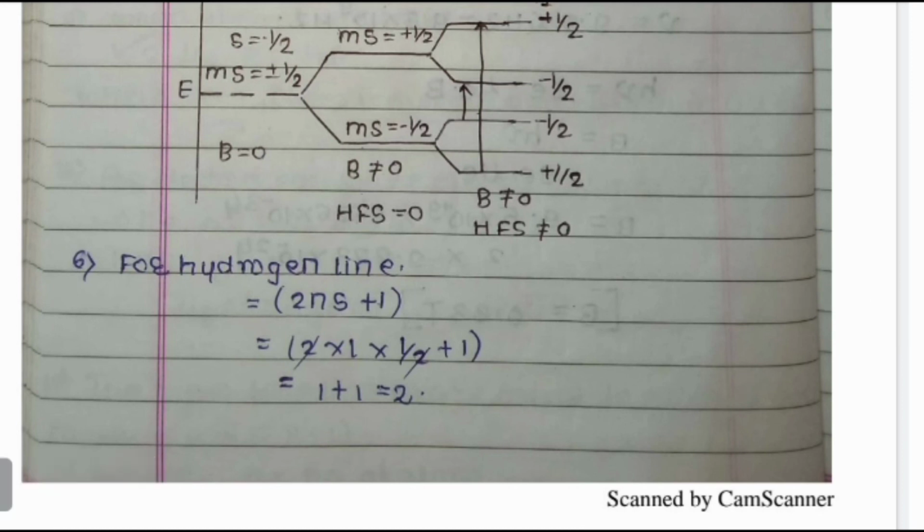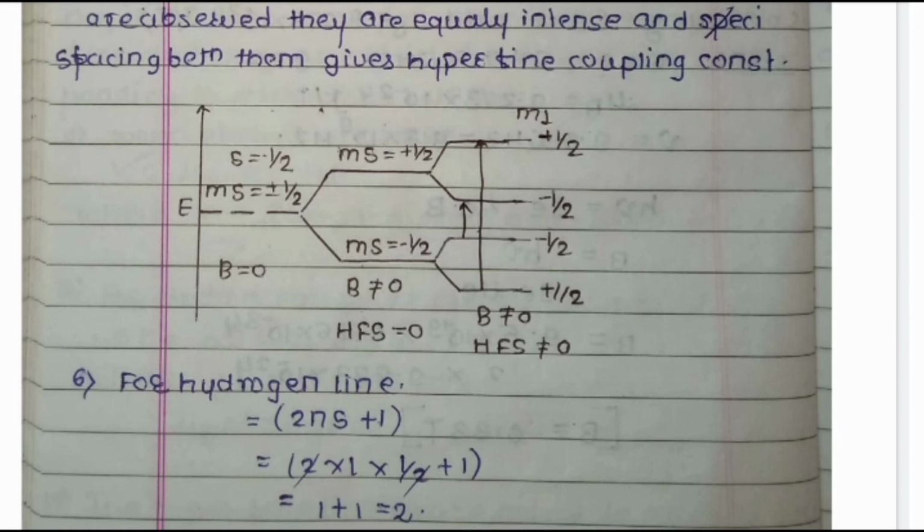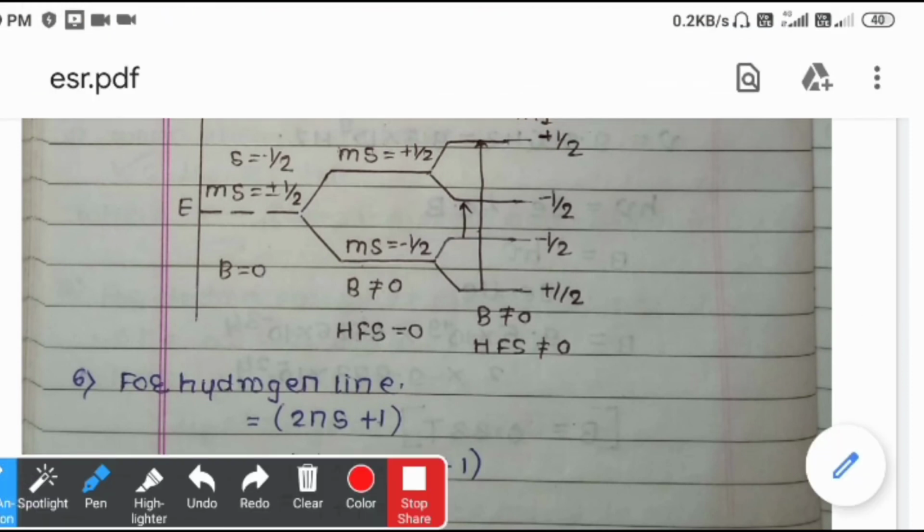Here the important thing we can see is that there are two lines that we obtain by the selection rules. One is from the excitation from plus 1 by 2 to plus 1 by 2, and another one is from minus 1 by 2 to minus 1 by 2, because delta mi should be equal to 0 for an acceptable transition. So this is the allowed transition with delta mi equal to 0, and we get the two lines. This is how we can explain the hyperfine splitting in the case of hydrogen.